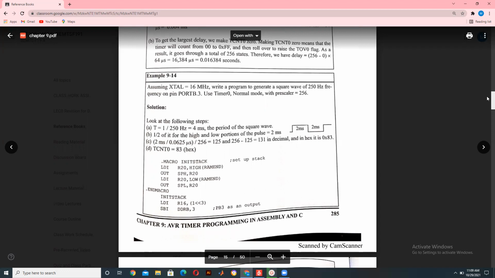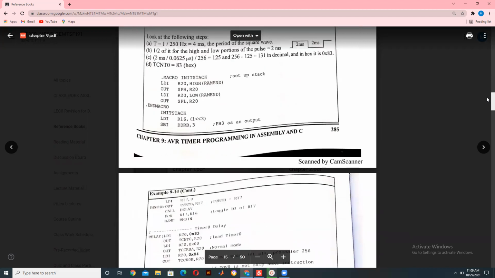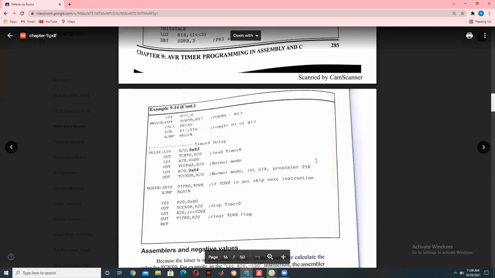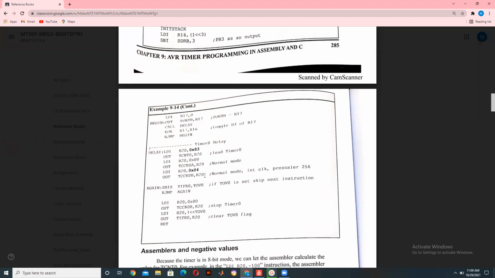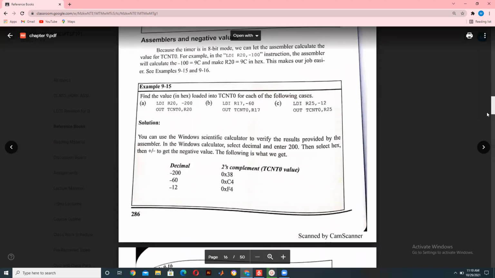Then we have decided our T and T0 value is equal to 83. So we would simply be putting its value over here, and for normal mode, we would be putting it 0. Because preset is 256, preset is 256. Then again, the TOV flag is raised, and then it is cleared, and